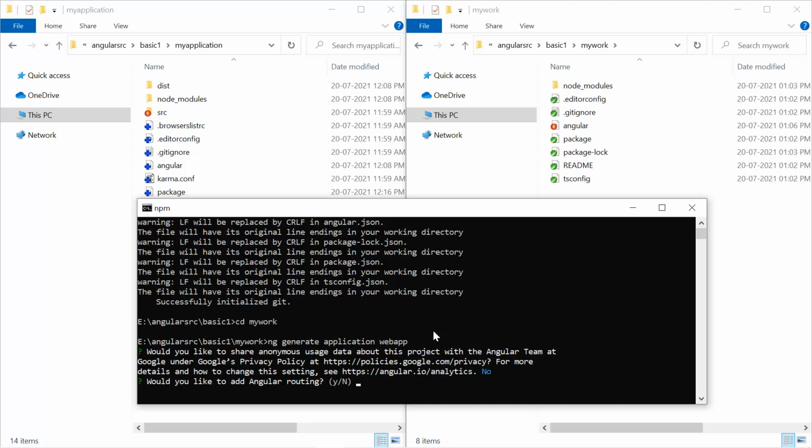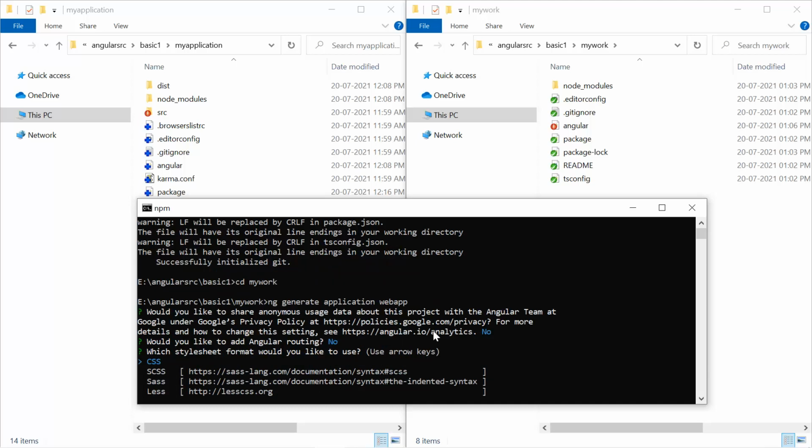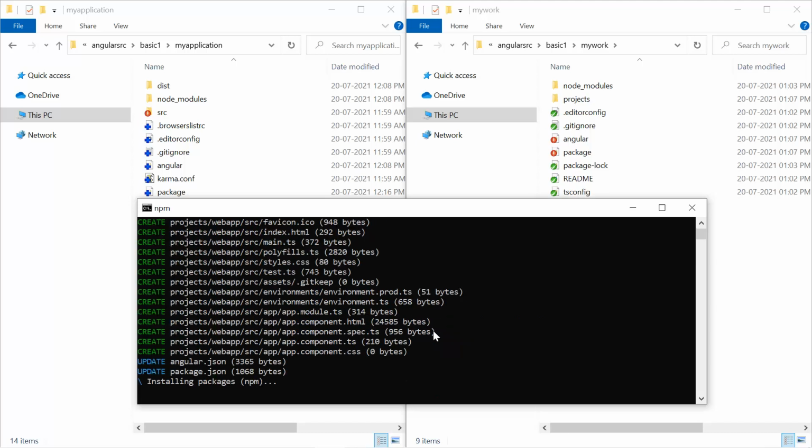We were not having these questions while generating the workspace because the workspace is just the skeleton. Here we are creating the actual application, so we have to tell all these settings. No. Hit the enter button, choose the type of your style sheet, let's say the CSS. Hit the enter button, and now you can see we have one new folder, projects, and inside this projects folder,